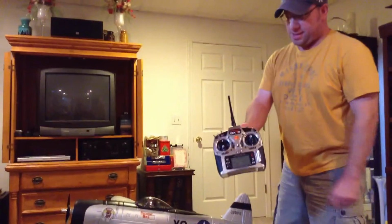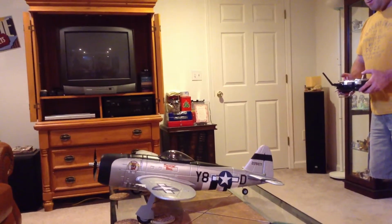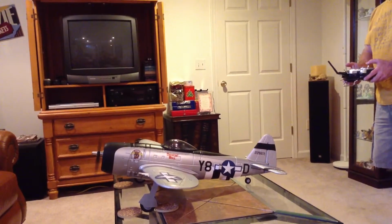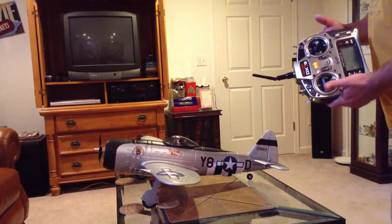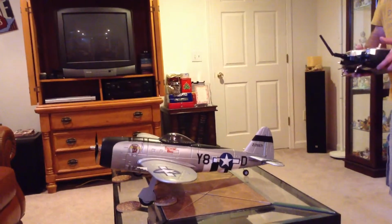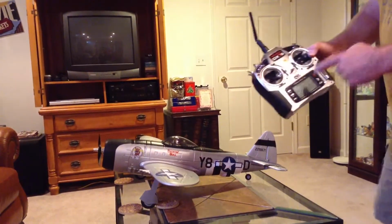Got it bound to my DX7S. So we've got ailerons, we've got elevator, we've got rudder, and of course throttle. I will say that when I got it out of the box and was putting it together and then bound it to the DX7 and was checking all my throws, they were reversed. They were going the opposite way they should, so I had to go into my radio and reverse